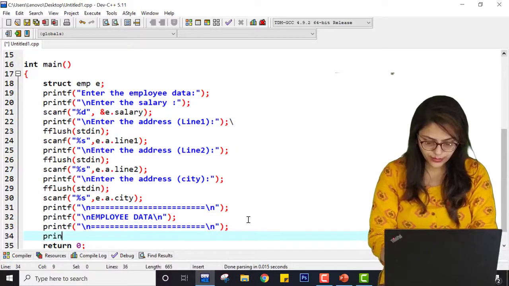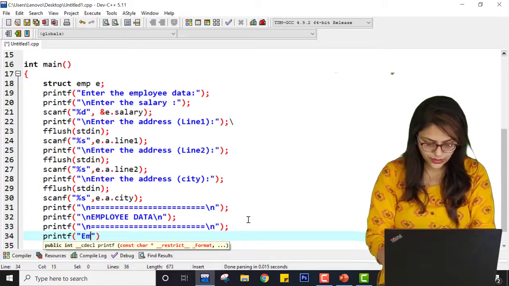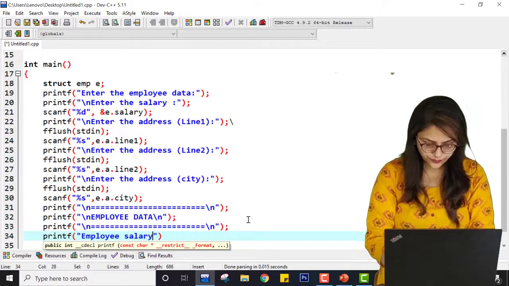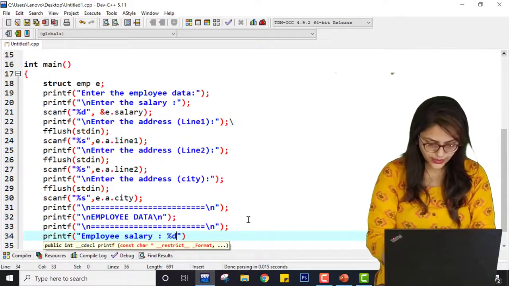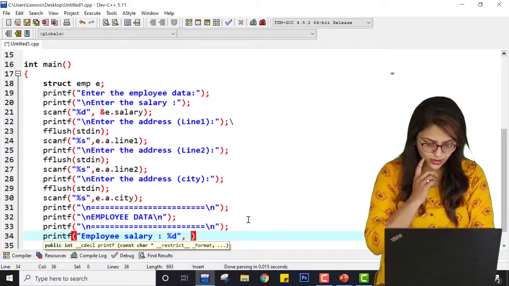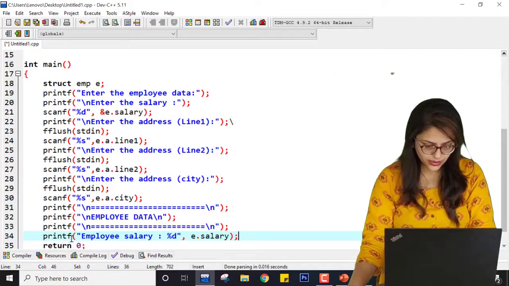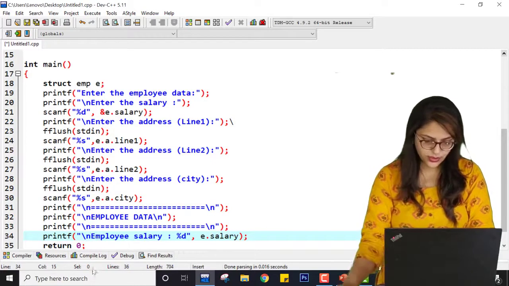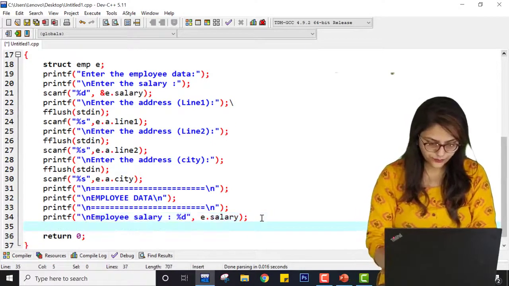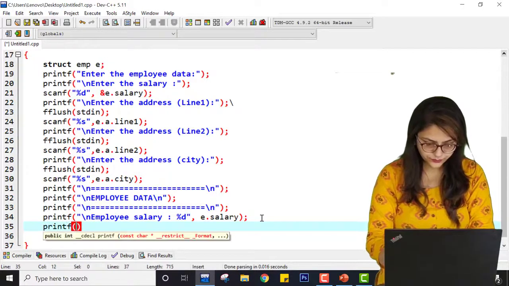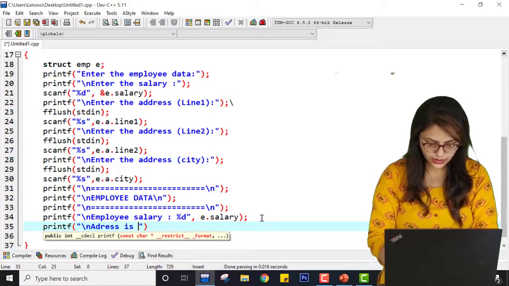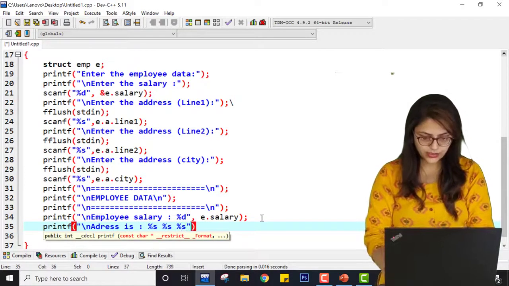Now here printf employee salary %d, and here it will be e dot salary, right? Semicolon. After that I'm writing printf address is %s, %s, %s.